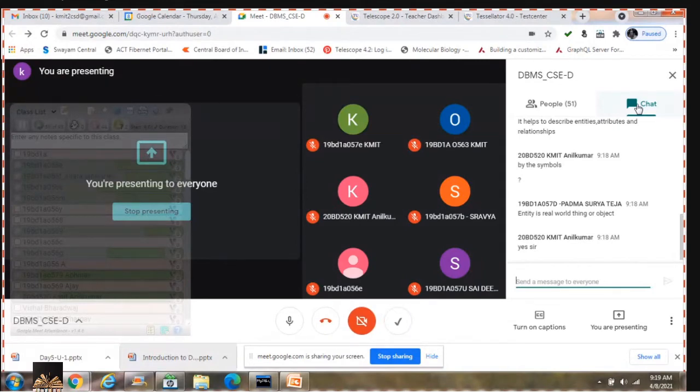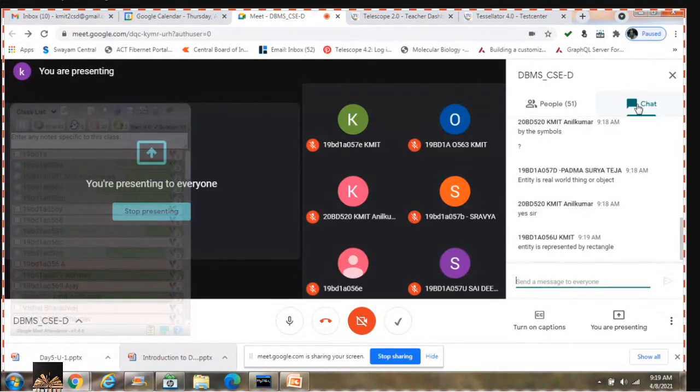Entity is represented by a rectangle, right?